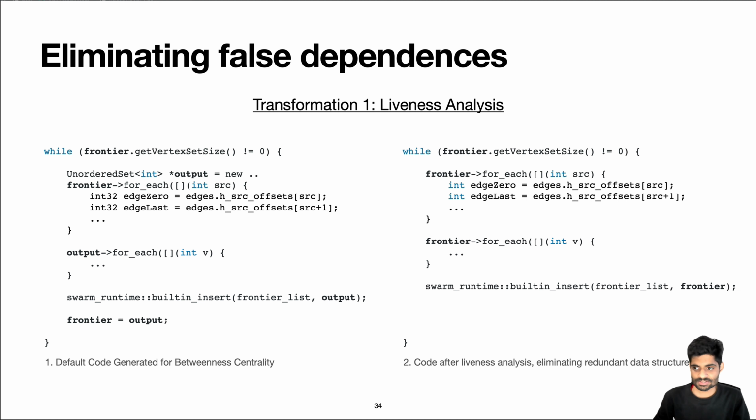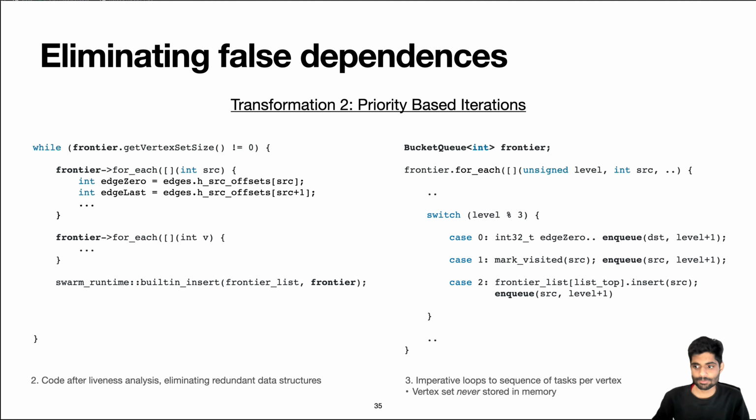Now, the graph VM removes the entire while loop and replaces it with the bucket queue. The bucket queue interface allows scheduling of tasks with increasing priority. Each vertex to be processed is then mapped into the bucket queue with tasks that are to be performed on the vertices in the original frontier. Each task further enqueues the vertices for the next step to be performed on the frontier, as shown in the